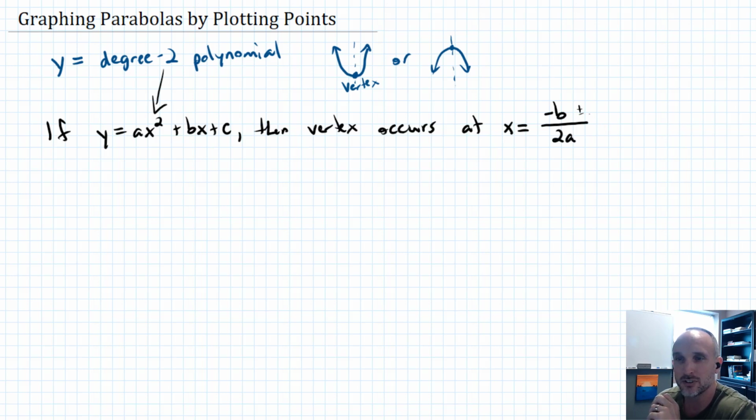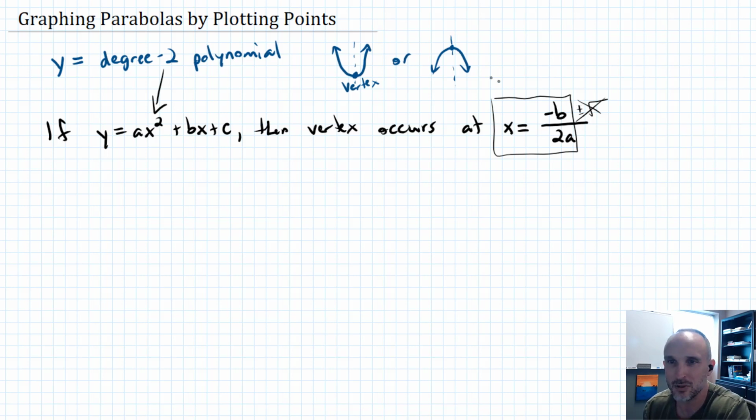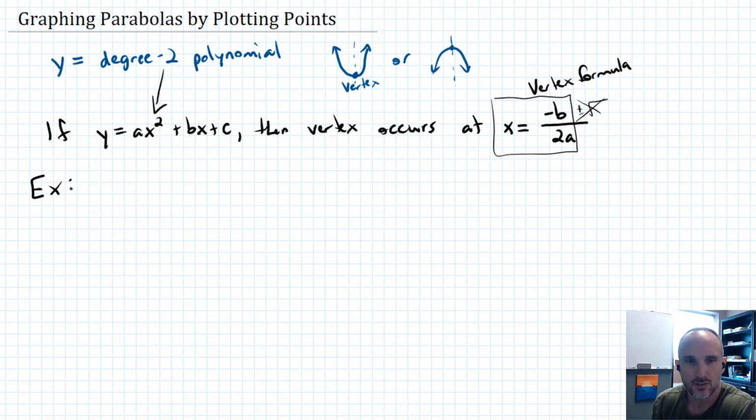So instead of having the plus or minus the square root stuff in the quadratic formula, you just have the negative b over 2a. And I'm not getting into why that's true. The plus or minus arises from the symmetry, and the vertex is the point where you don't have a symmetric point. That's the idea very vaguely. But this is what we call the vertex formula and establishes a quick way to locate where that vertex is going to occur. So I'll try to mention that as we do the examples, but you can certainly just plot points. All right, so first example, let's graph